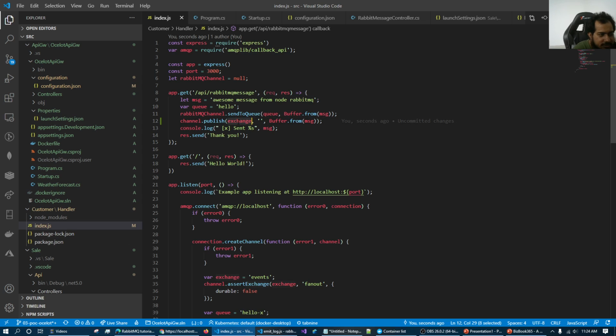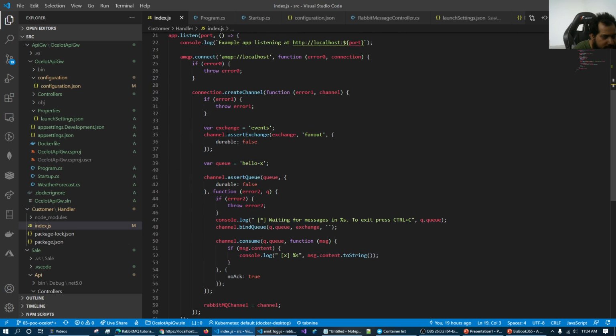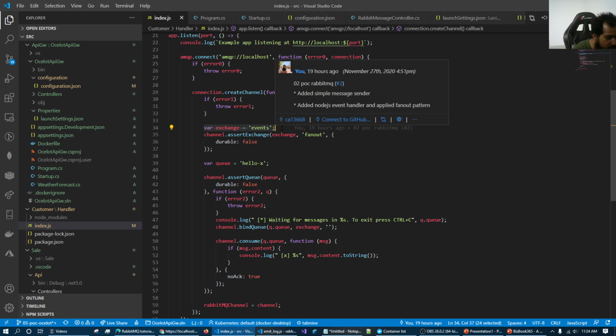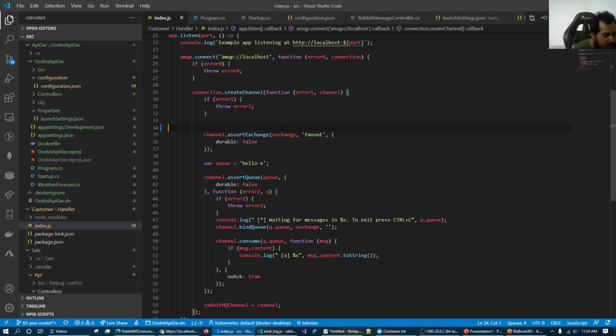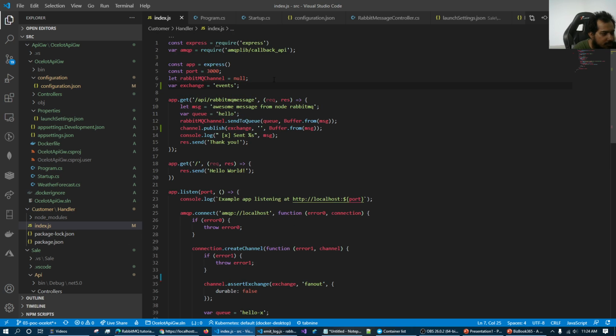So what's the exchange? The exchange is events. So I'm going to just cut it out, move it to the top, and it will be constant. We don't want to change that. So this exchange,